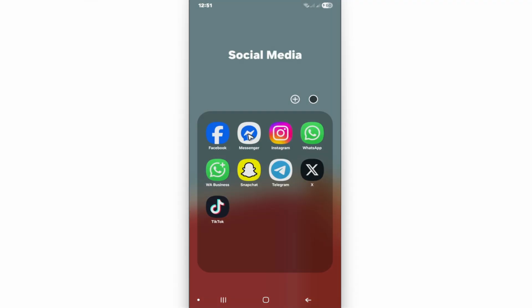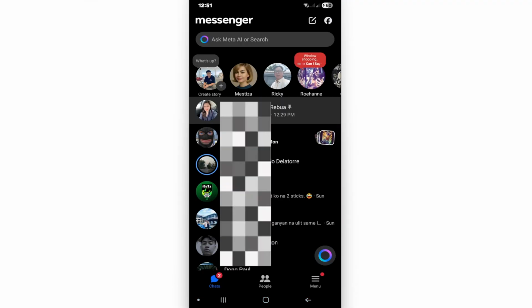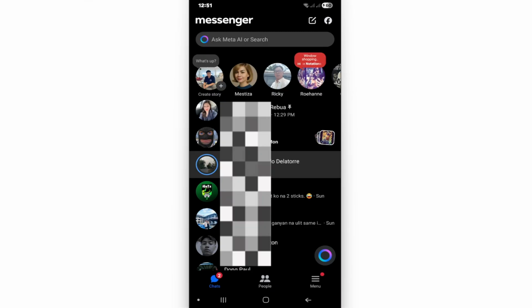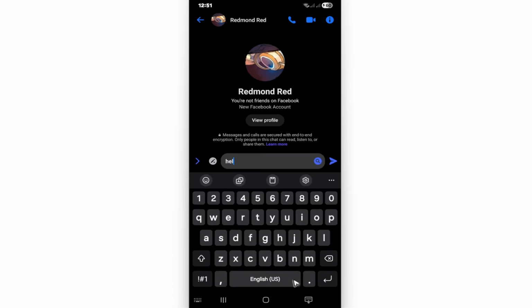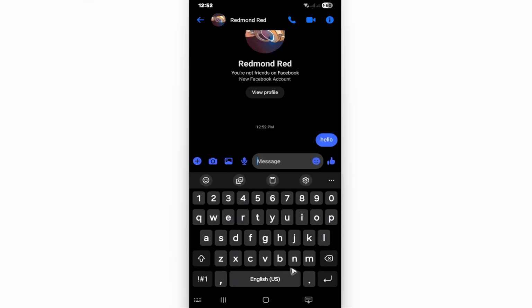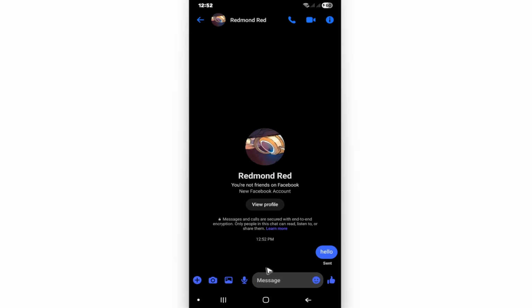Now, first up, go ahead and open up your Messenger app. And after that, go ahead and find the chat where you wanted to remove a message. Okay. And once that's done, let's just go ahead and test a message right here. Hello. Just like so. And if you change your mind, you don't want to send it anymore, you can just go